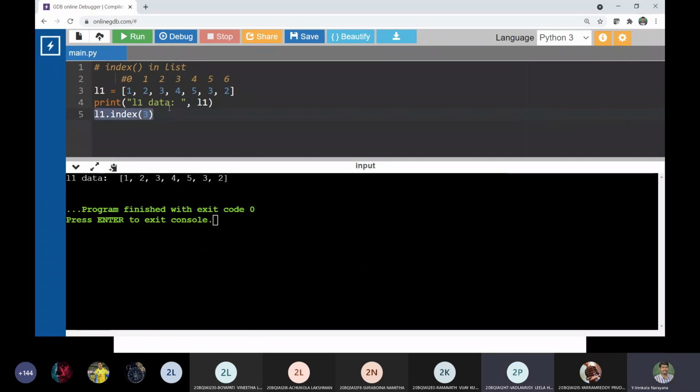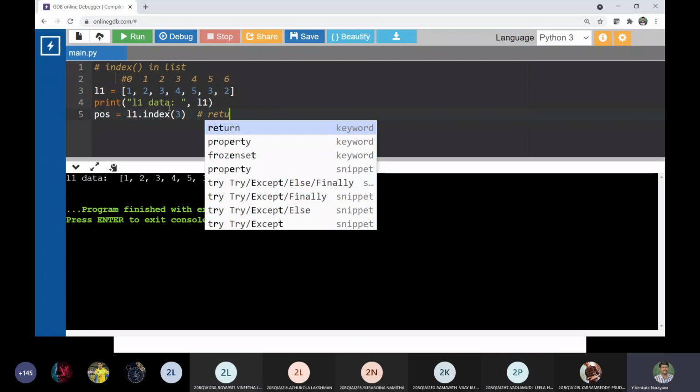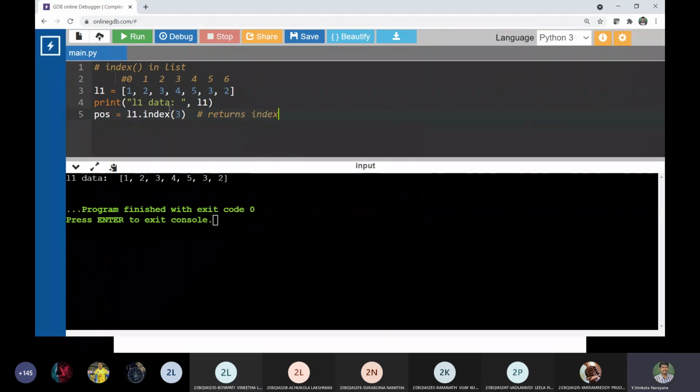Can I store that position in a variable? L1 dot index of 3. This method will return an index position, so that position value is being stored in the POS variable. Is that clear now? It returns the index of 3.